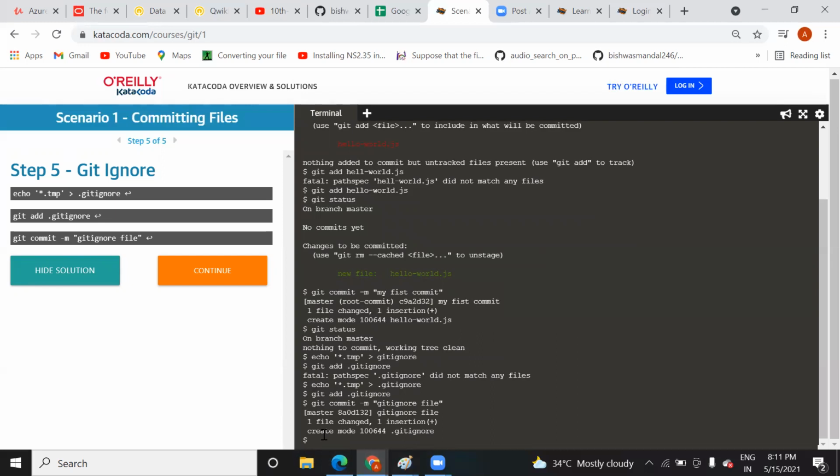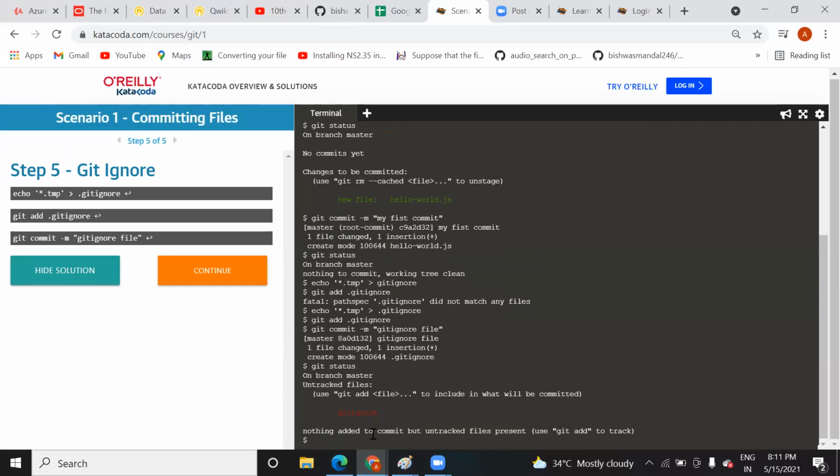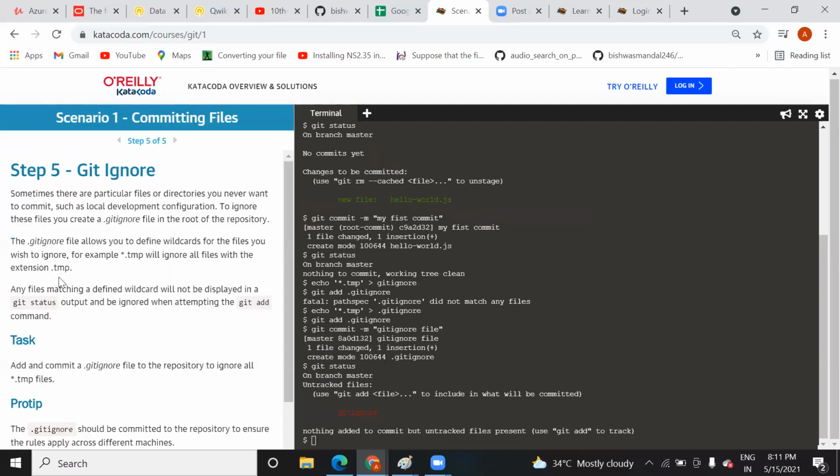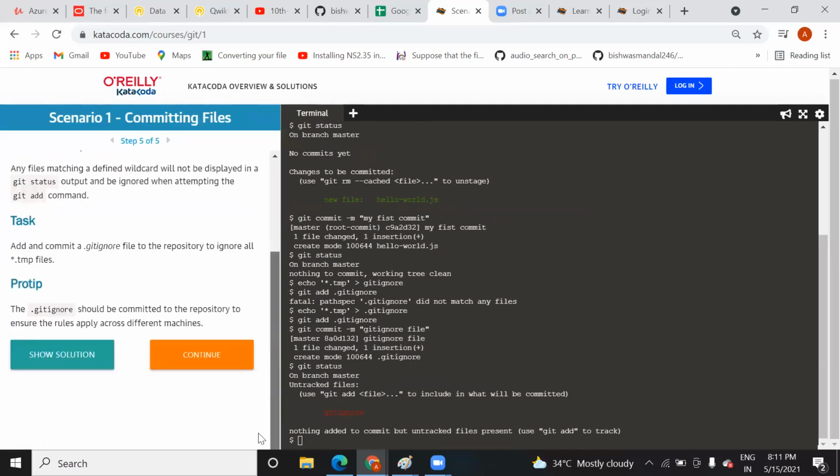So here you can see, right? Now you can type git status. The git status command will give you the status of your current files. So here you can see that on your branch manager, on your repo, the file that you have added is .gitignore. So in this way you can remove the file, you can ignore the file that you don't want to edit, and you can see the solution, and with that you can move on.